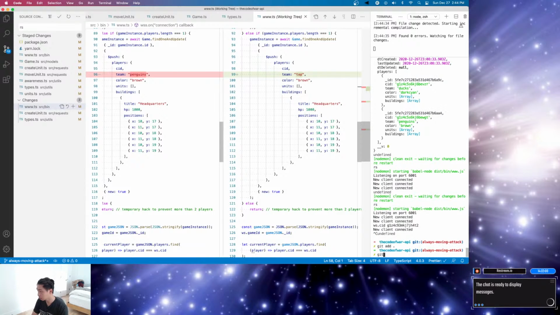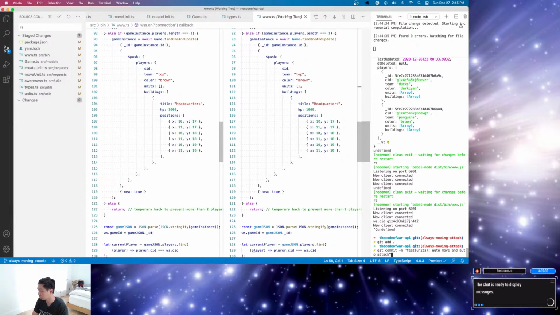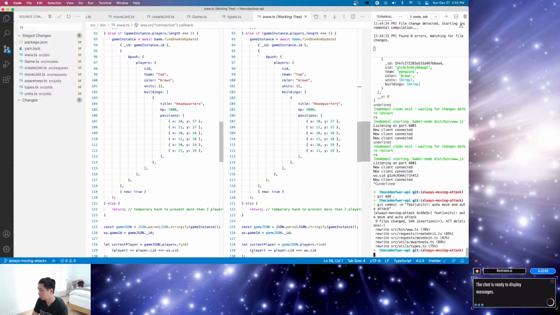Git add, git commit, dash m feature. Troop units, auto move, and auto attack. Git push origin head,